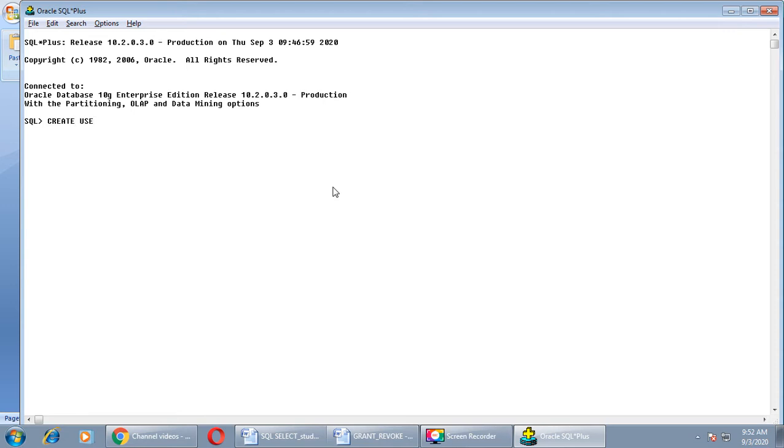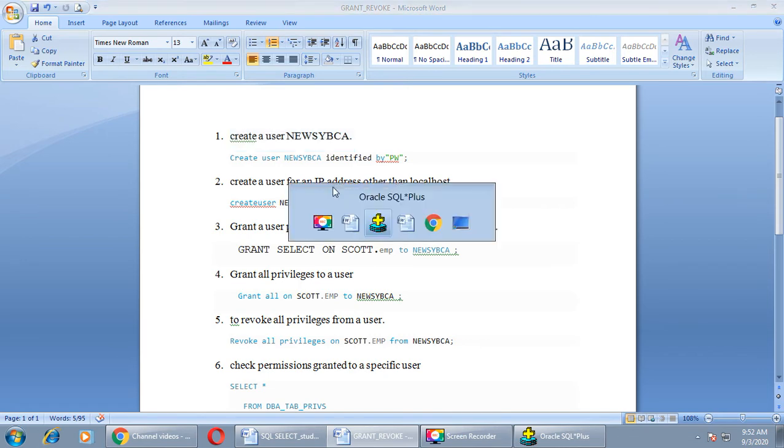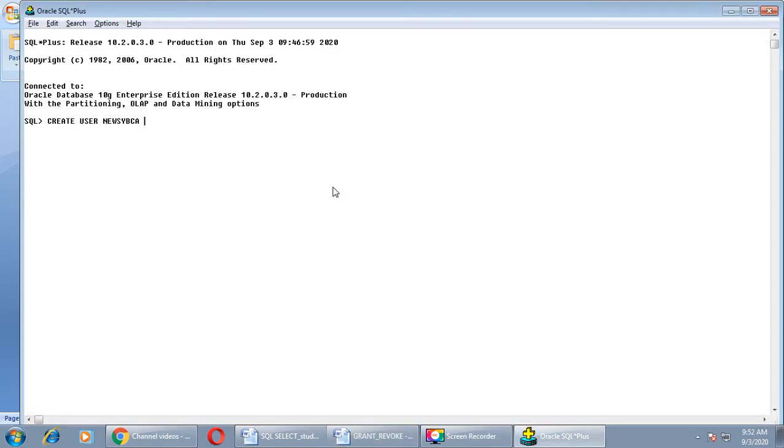Create user SYBCA. This is the name of the user, right? Then we will write identified by and an appropriate password.